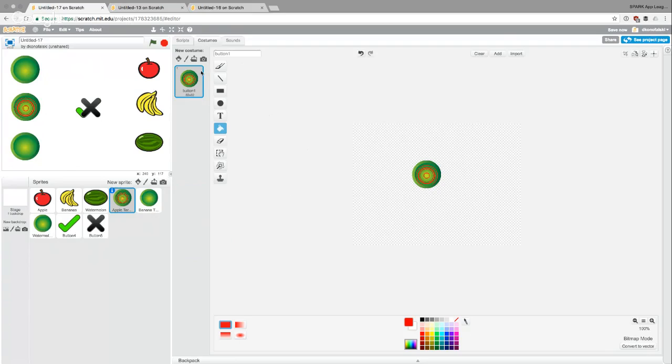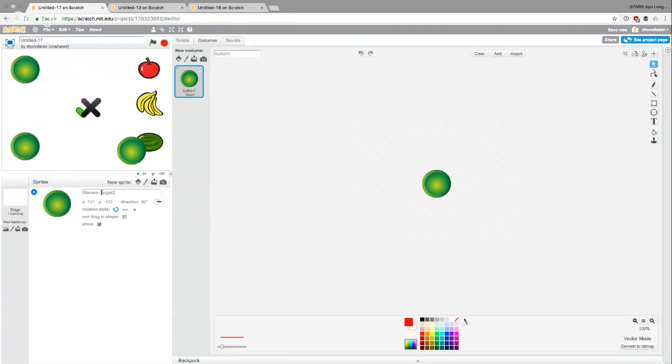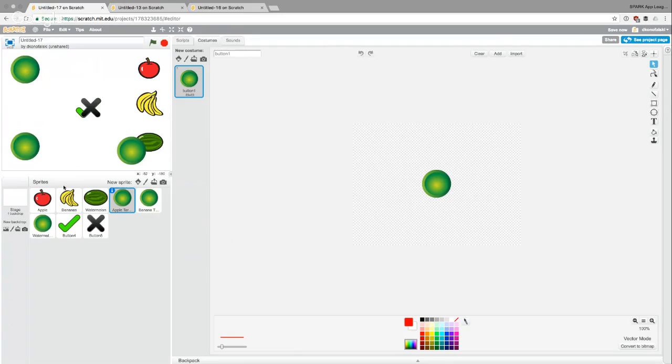And actually, I'm going to erase this because it looks like switching into vector mode messed it up a little bit. So let me just duplicate this again. Rename this one Apple target. You don't typically want to switch multiple times between vector and bitmap mode, just as an FYI. If you do, it has to actually convert objects to individual items and then the individual items back into objects. So in this case,